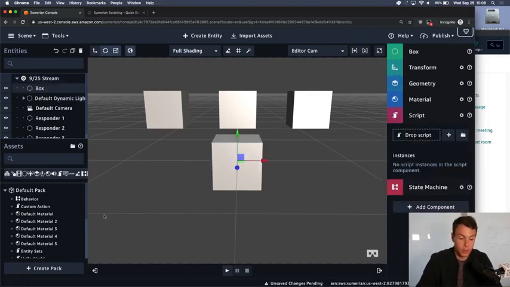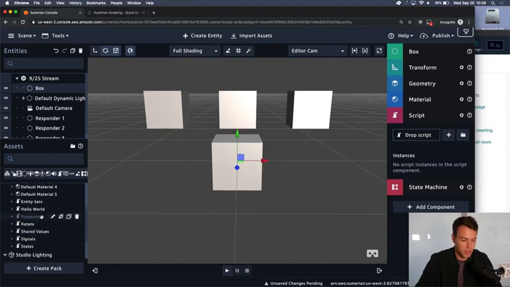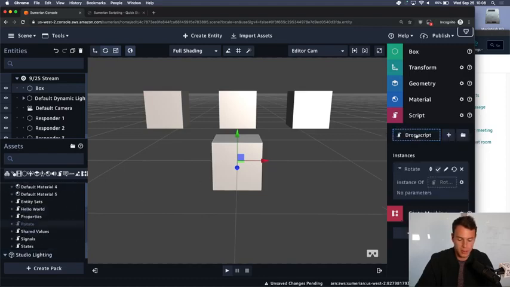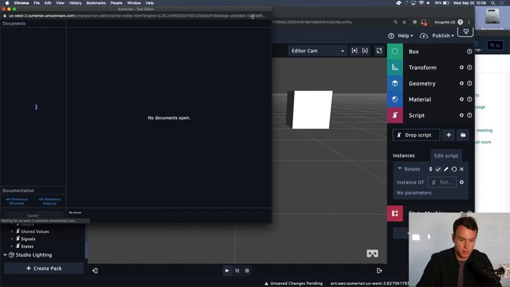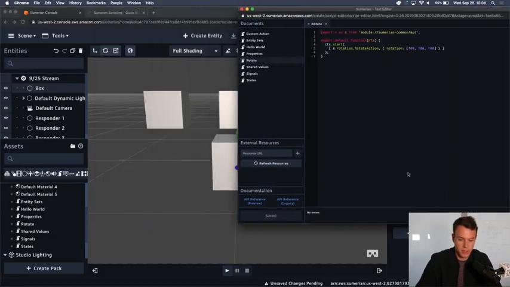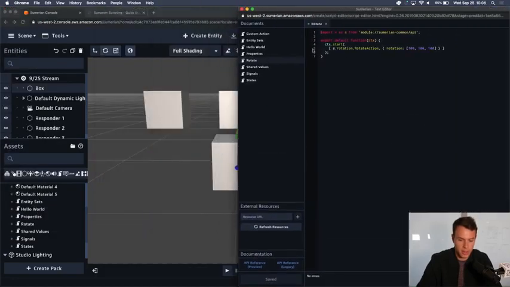We're going to change out the hello world script for a basic rotate script. And we'll see the difference here is that instead of hello world, which did console.log hello world,